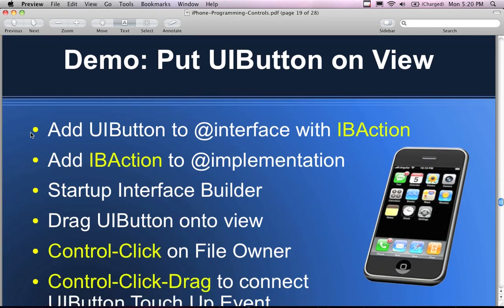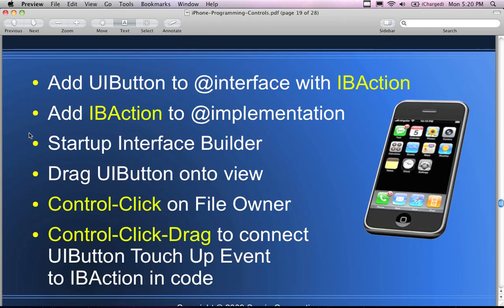So in terms of a demo of how you would put this together, you can put a UIButton on a view. You add the UIButton to the interface with an IBButton, or IBAction, excuse me, and then add the IBAction to the @implementation file section. Then start up Interface Builder, drag the button into the view. Same process as we did with the label. We would drag the IBOutlet, excuse me, at this point the IBAction, to the GUI component to establish